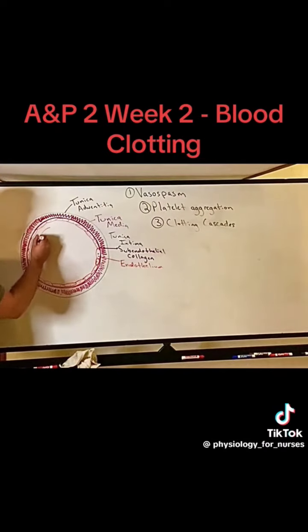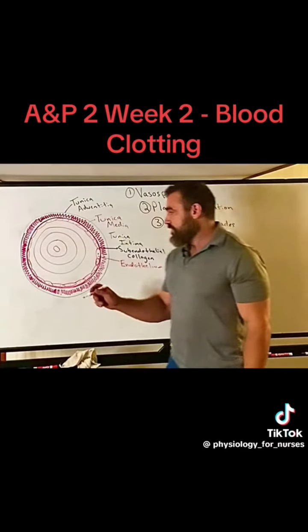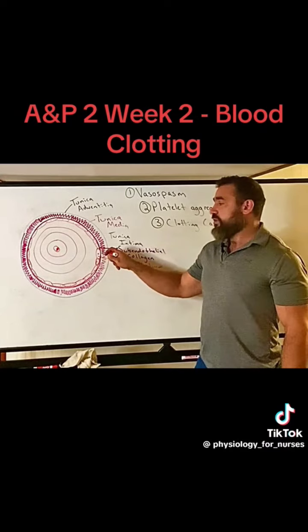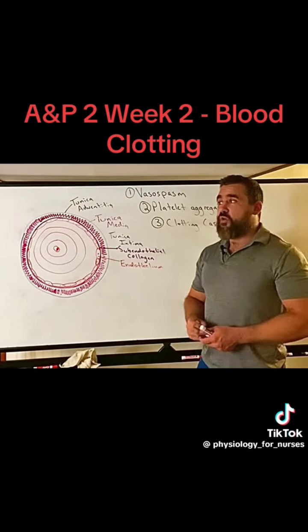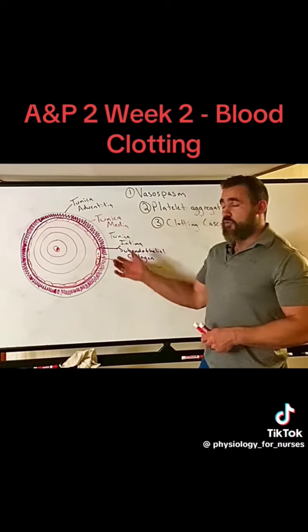So normal blood flow is actually laminar. It's the fancy word. Laminar just means layers. So it actually flows like layers. And guess where blood's flowing the fastest? So blood's going to be flowing the fastest in the middle, in the center, right? And as you move closer to the endothelium, blood's moving a little bit slower. And that's because of drag and friction and the red blood cells bouncing around and kind of dragging along the